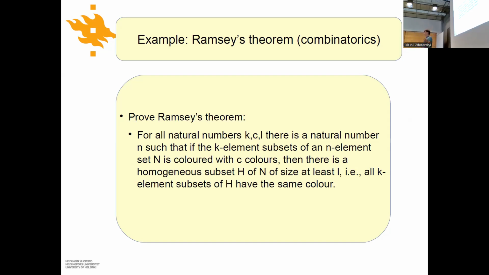there are more than 18 people in this room. So what Ramsey's theorem tells us is that there are either 4 people among us who are all mutual friends on Facebook, or 4 people such that no 2 of them are mutual friends on Facebook. It's a theorem, but maybe we can try to prove it empirically, and a group of 4 who are all mutual friends on Facebook is, I gather, more likely here.